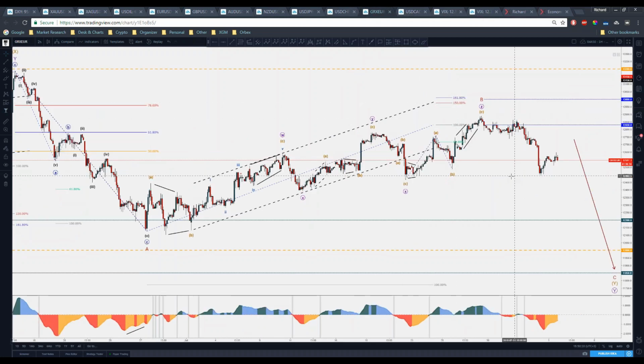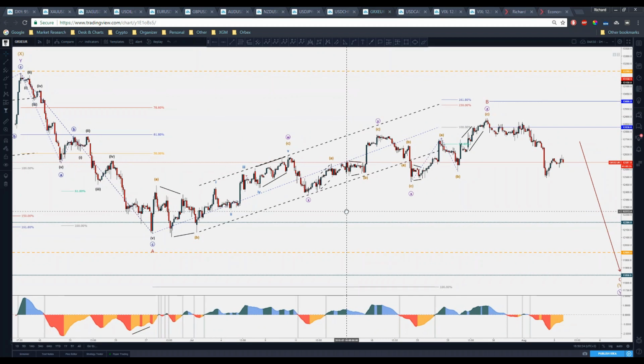Moving along with the DAX, yeah. Now again, DAX is interesting right there because it's actually one of my favorite. I mean, it's my favorite EU index in this, right?